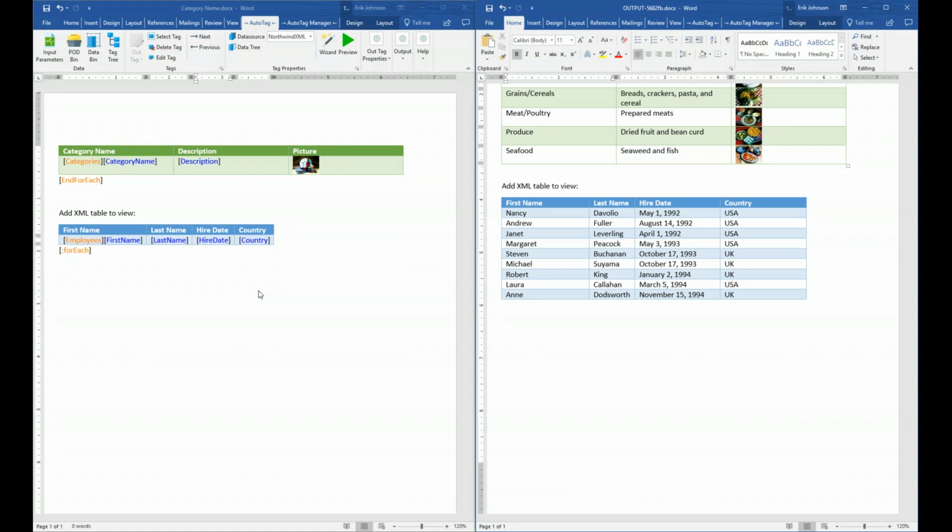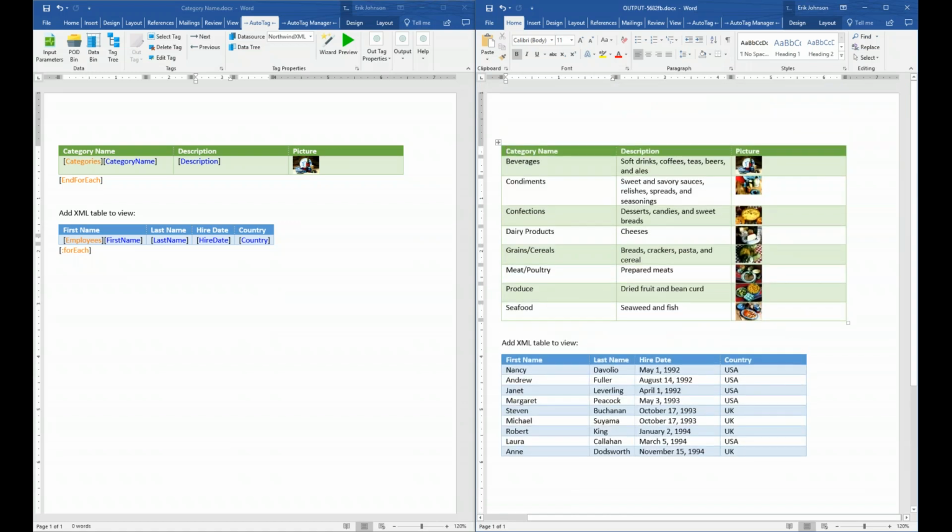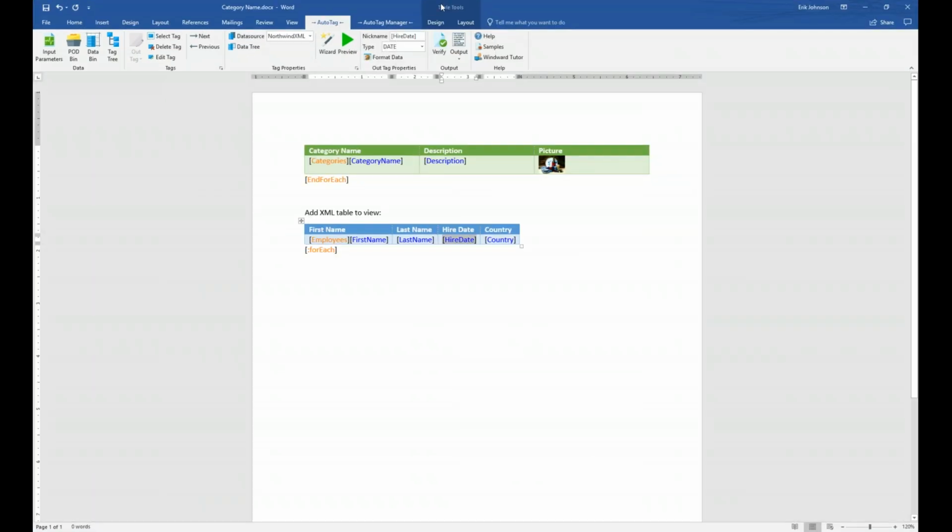So now that we have our tables created, and those tables are pulling in all the information, what happens if we want to provide filtering before we generate the output, if we don't want to see all these records, but want to filter it down some way? Well, one way to do that is by using the input parameters in the auto tag over here on the left, input parameters. So I'm going to go ahead and select that,